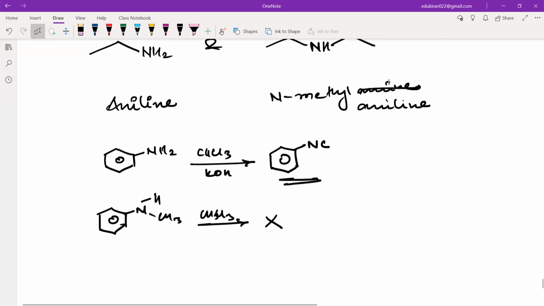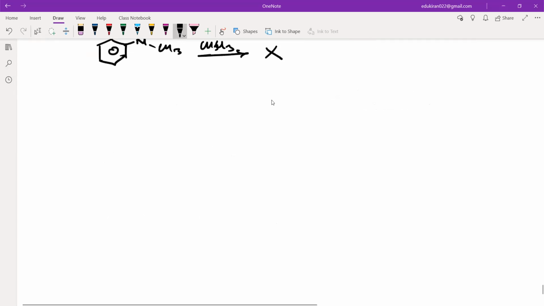Is this clear? Yes or no? Please tell me. Yes, sir. ठीक है, तो आपका मेन जो इंपॉर्टेंट पॉइंट है वो है इलेक्ट्रोफिलिक एरोमेटिक सब्स्टिट्यूशन, ठीक है।